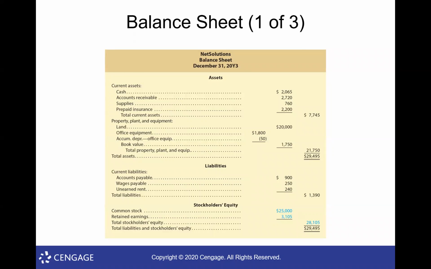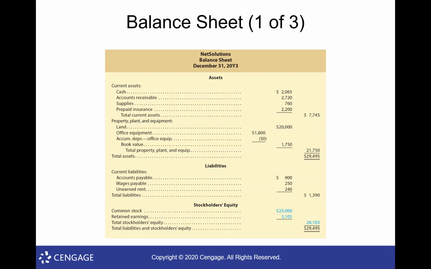Liabilities are also broken into 2 categories. Current liabilities, those are debts that we expect to pay off within the next year, and long-term liabilities, liabilities that will take longer than a year to pay off. This business, as of right now, only has current liabilities, and not very many of them, right? And then finally, our common stock. Again, that's the money the owners paid into the business. Retained earnings, the money that the business has earned through net income and hasn't paid out in the form of